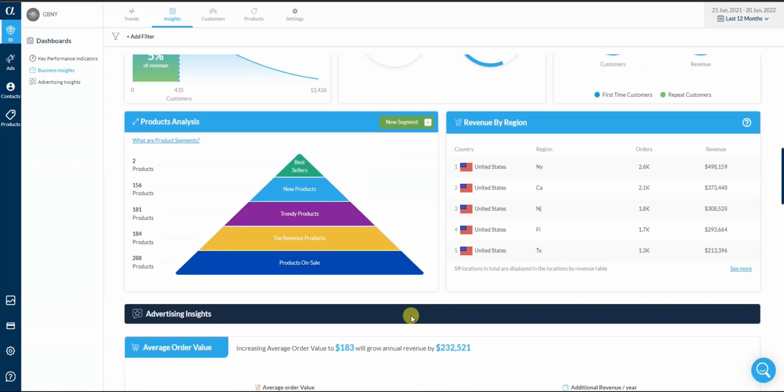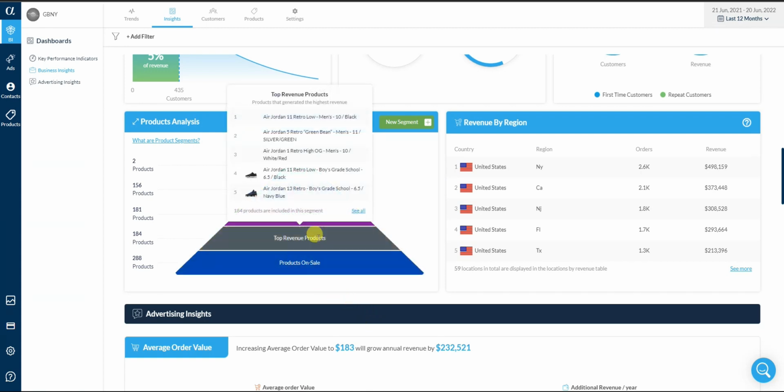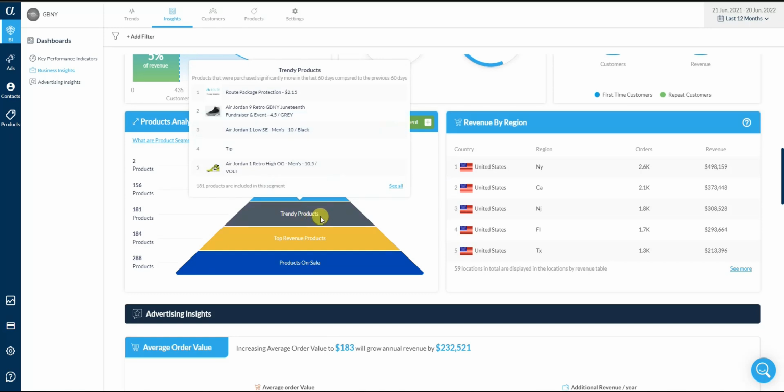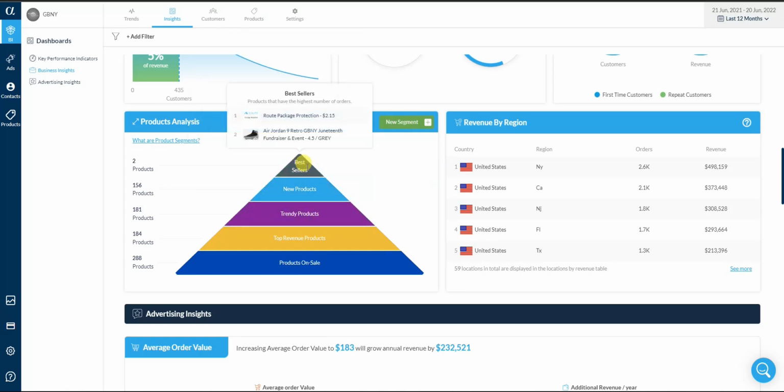And it also shows us our product analysis here. So we can see our products on sale, top revenue products, trendy products, new products, and the best sellers here. And then we can also see our revenue by region here. So we can see the amount of orders we're getting here. In this particular case, it's going to be by state in the US. So we can see that in this case, the majority of the orders are coming from New York in the